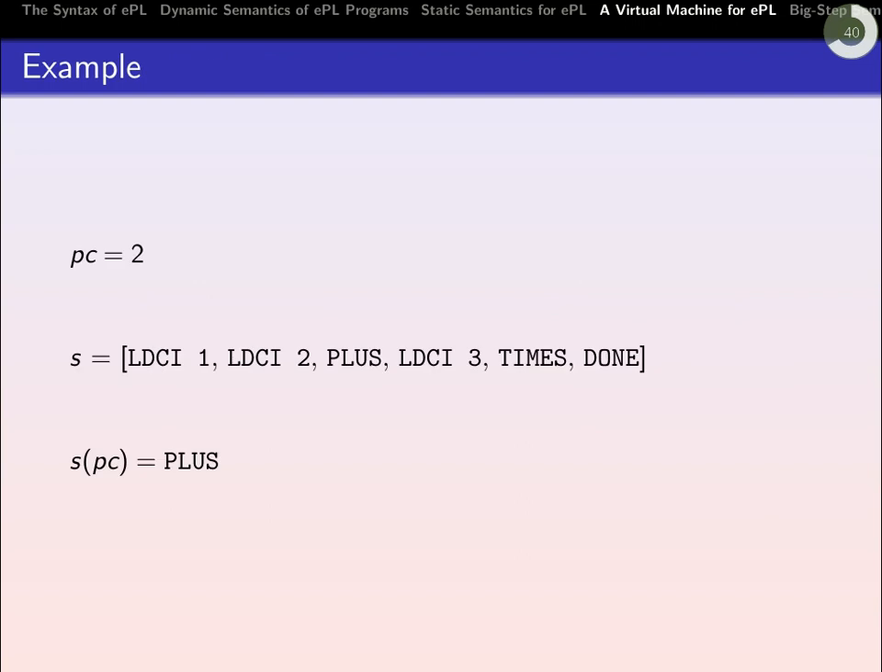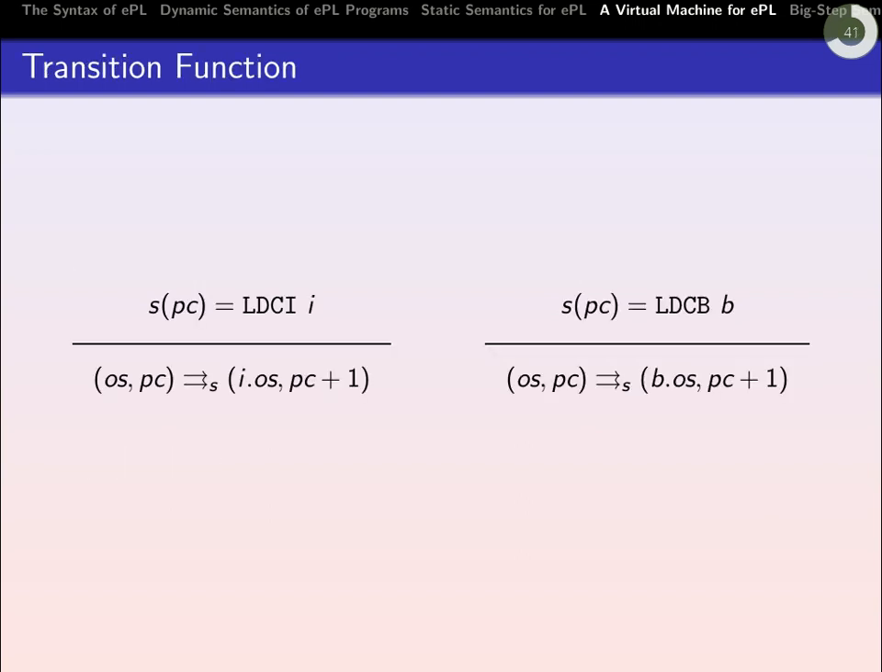So we're going to have a transition function, right? We're going to say that S represents the program, and S is sort of an array, a list, a sequence. Whatever is in a sequence, we know which is the ith element. So S applied to index PC, or the PCth element, S[PC], let's say it's LDCI I. So we're saying if the current instruction is LDCI I,